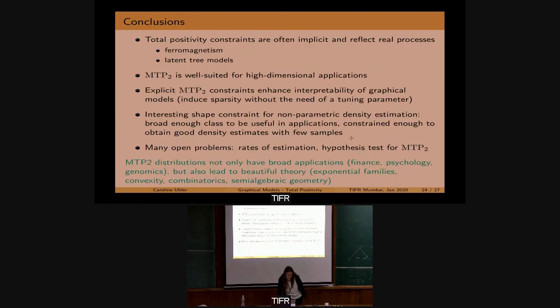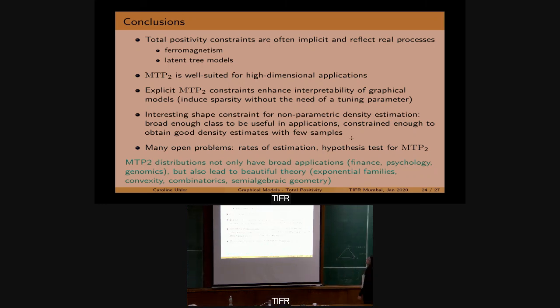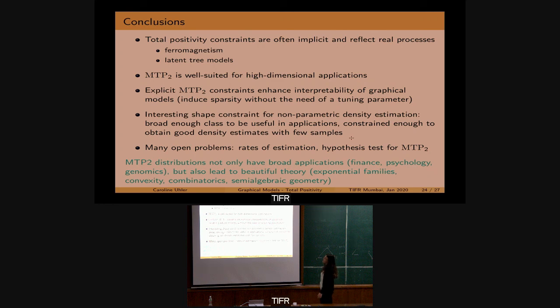Okay, so with that, let me end. I hope I was able to convince you that total positivity constraints are implicit in many different models. They reflect real processes and are maybe useful for different kinds of applications, in particular when you want to use models that